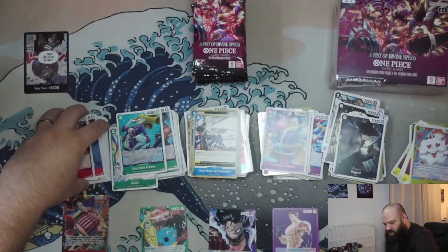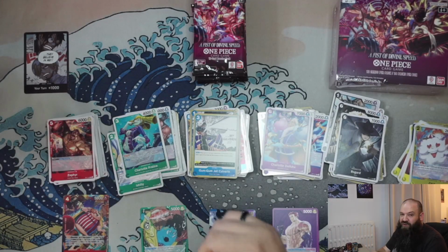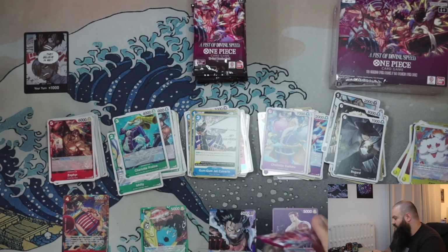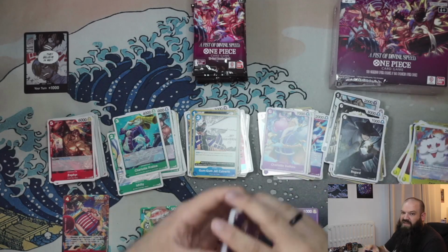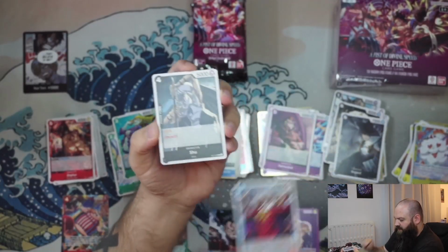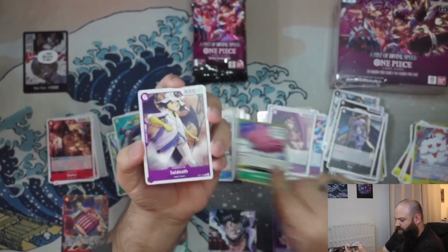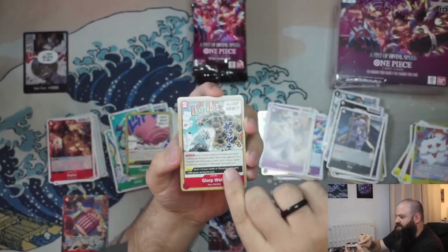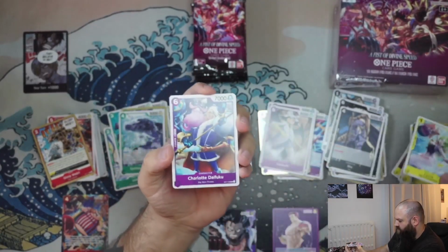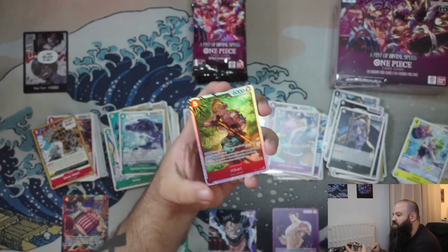So we got ourselves some love in this box. That's already 2 hits, so that's already super good for any booster box. You get that many hits, that's just chef's kiss. So we have Annabelle, Vito, Shu, Vinsmoke Judge, Vagabond Drill, Saldes, Globe Web, Spotted Neptunians, we have Kami, Charlotte Daifuku, Brooke, and we have Ibari